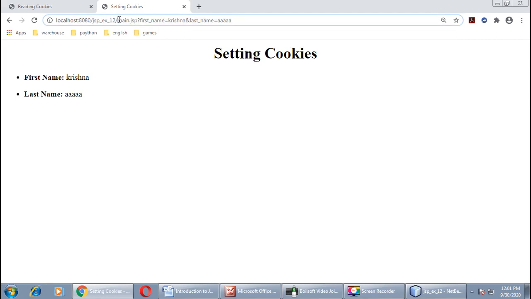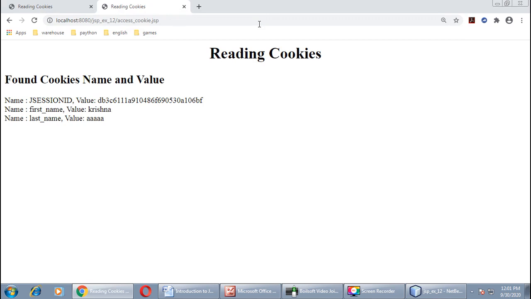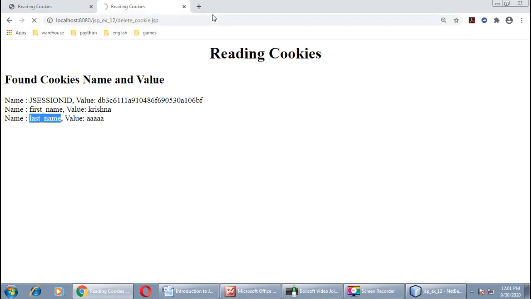Now we will run the access cookie page. We got all the values, right? For first name and last name, these two cookies are defined by the programmer. Now we will move on to the next page, that is the delete_cookie page. Here you can see.